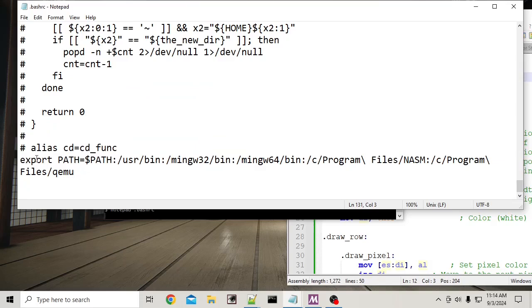Here's what you have to add. Export PATH, /usr/bin. Here, just this much. Export PATH, /usr/bin. Also, you want to tell it to look for mingw32 bin, mingw64. And then if you have an existing NASM,